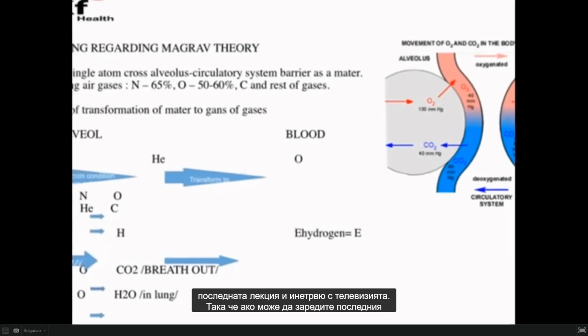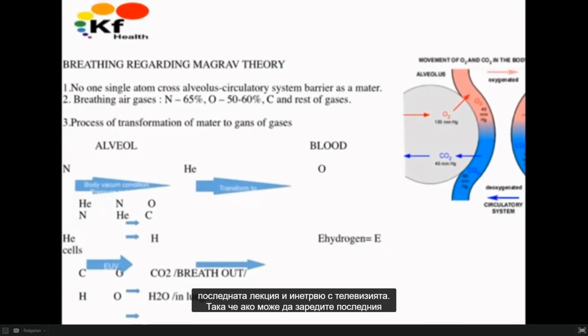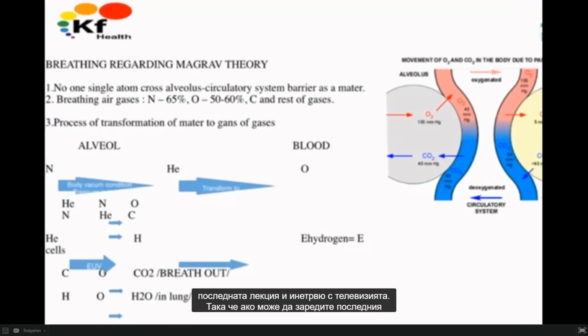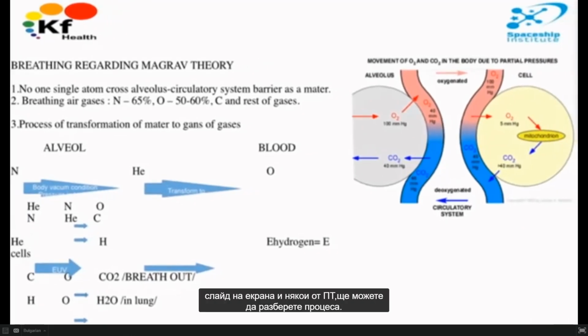So if you are able just to make on your screen the last slide and some of the periodic tables, you are able to understand